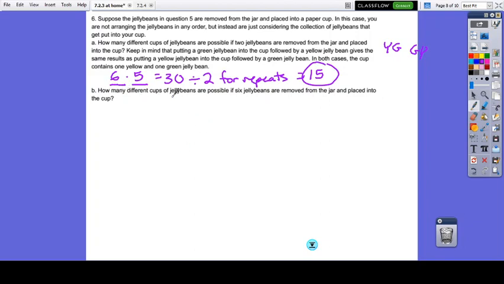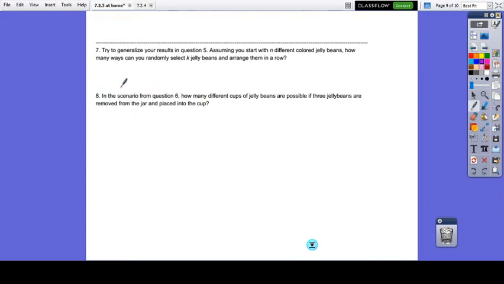Now, how many different cups of jelly beans are possible if 6 jelly beans are removed from the jar and placed into the cup? Okay, the answer is 1. Think about this. You have a red, a yellow, a green, a black, a pink, and a blue. If you pick them, no matter the order, and you put them in the cup, you have to pick every single one of them, and they're in the cup, and it didn't matter the order, you have 1. Okay, there's only one way. All of them are dumped into the cup. Okay. So number 7 then says,